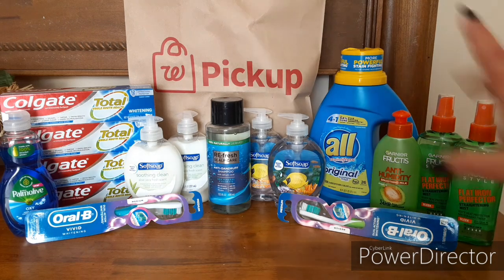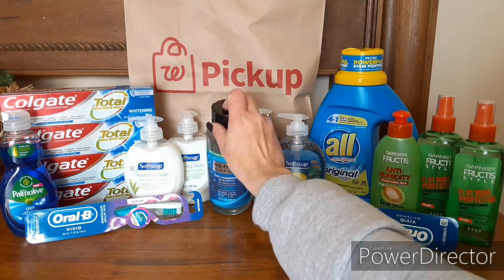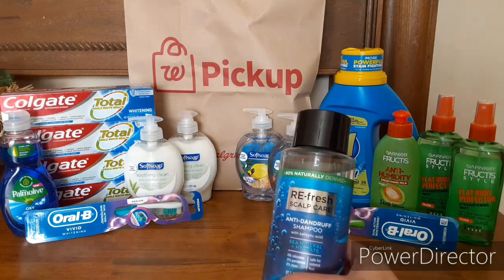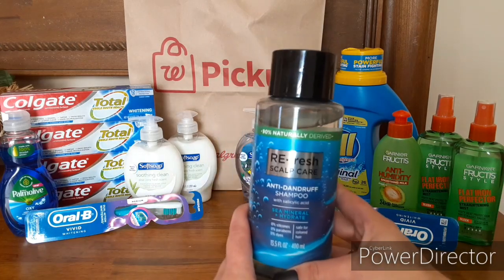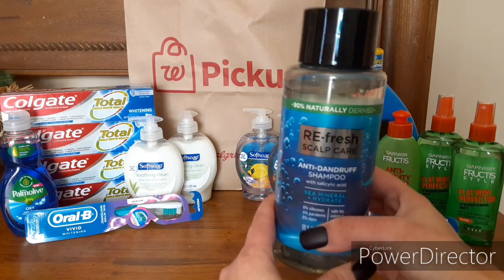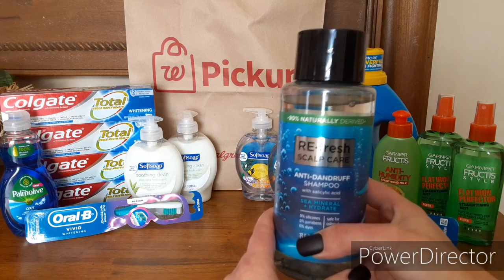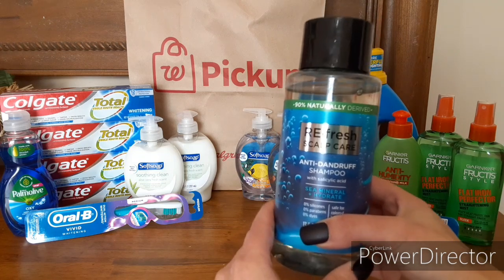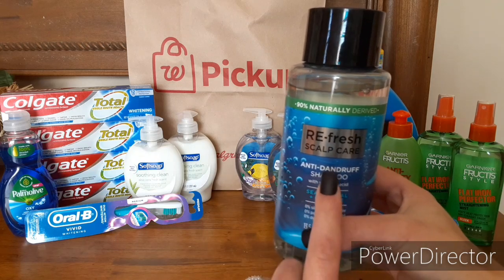So here's the one thing that I did find that I picked up. There were some really good deals, but we didn't have coupons for all of them. And the ones that we did have coupons on, they were already gone. So I did find this Refresh Scalp Care. They only had one. I wish that they would have had two because we have some high value coupons for these. This was on clearance for